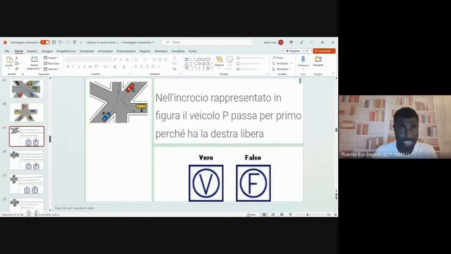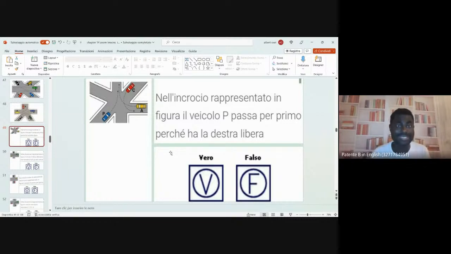And the question says that P passes first because the right is free, and the answer to this question is false. The right of P is free, but he has the second road, the third road, which is occupied by the A and the C. So the law says that by applying the principles, or by seeing this junction, we must know, because everything is stated in the books. So even if you don't know the principles, once you have read the book, you must know that the first vehicle to go is the C,